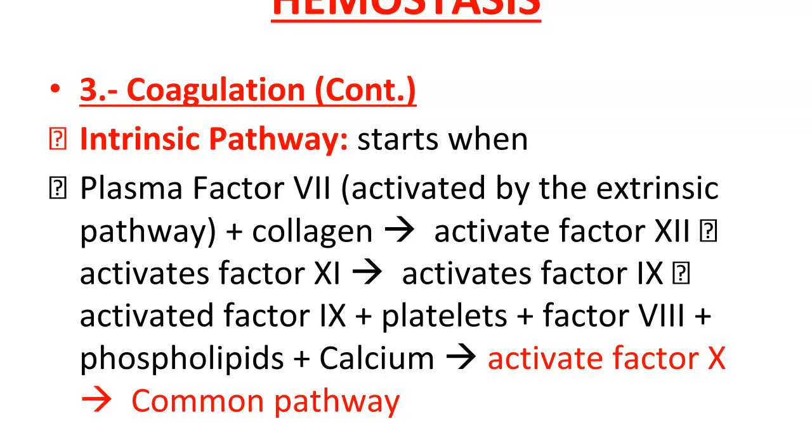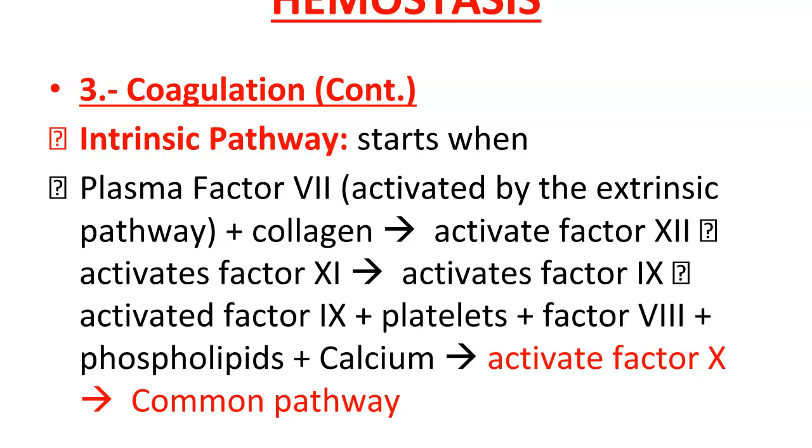So upon injury of the blood vessel, the extrinsic pathway will be activated first. It is very short and it quickly creates coagulation factors. Shortly after, the intrinsic pathway is activated, which takes longer, but is going to produce more of the coagulation fibrin